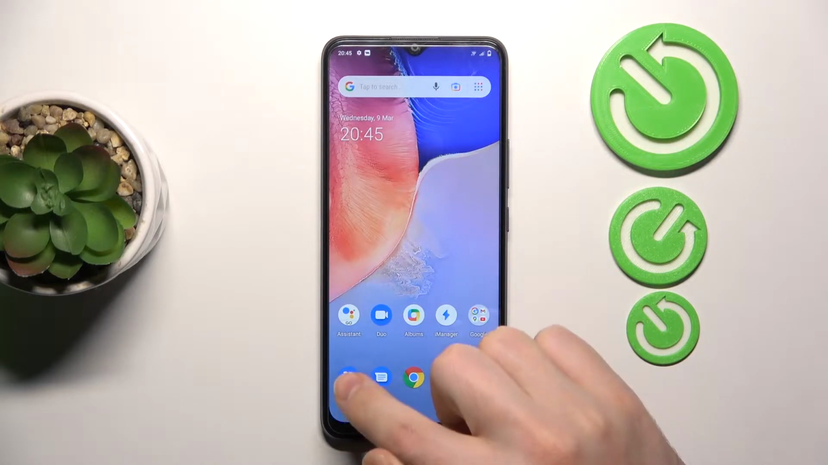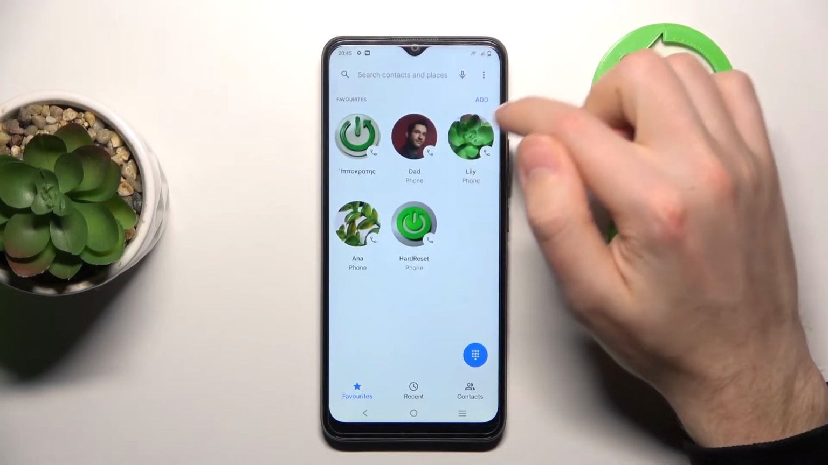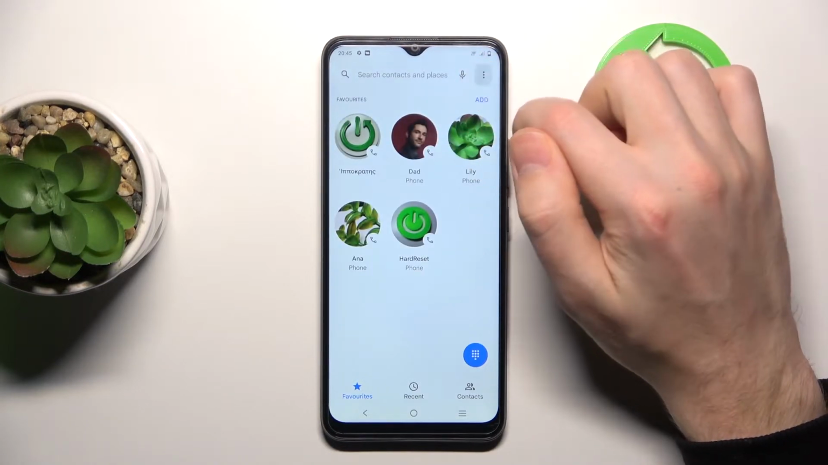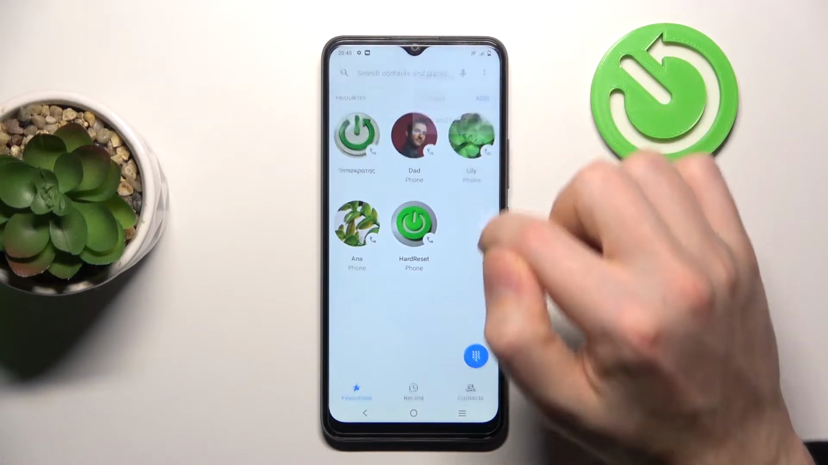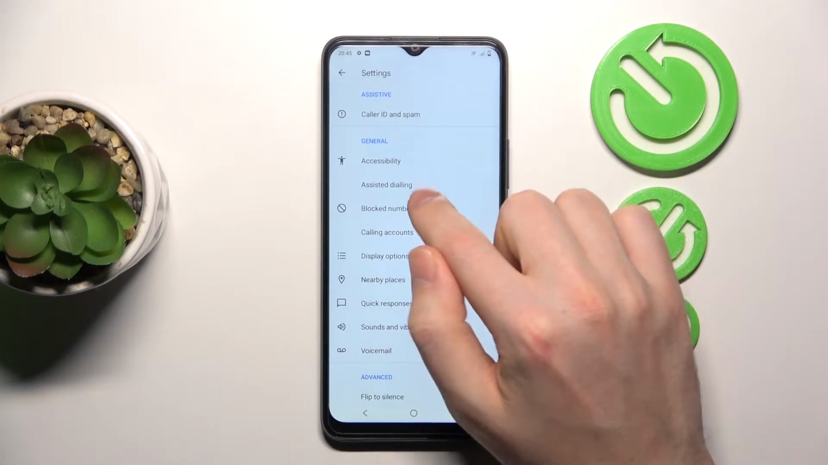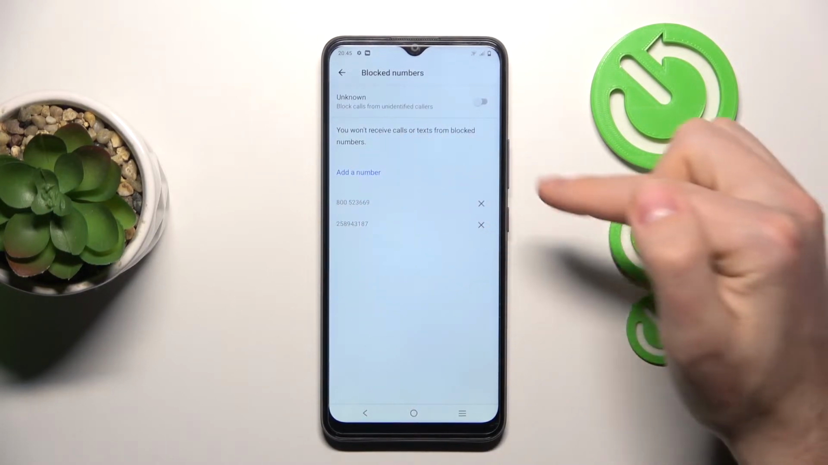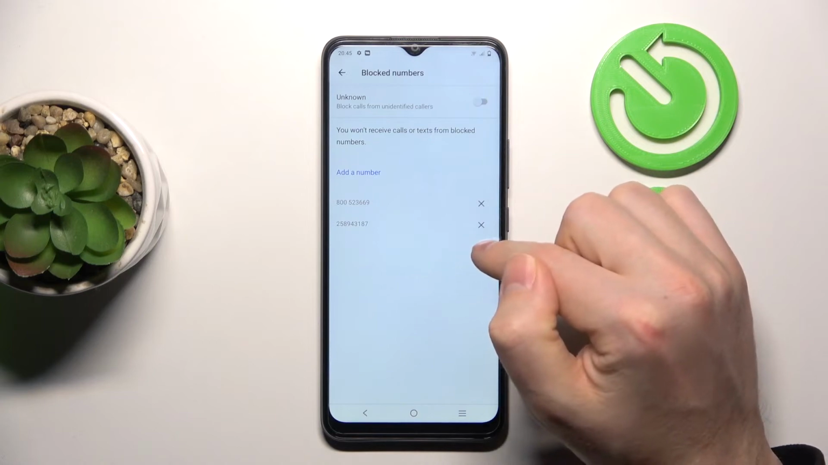First of all, open your phone application. Then in the top right corner we've got 3 dots, so click it and choose settings. Here go into block numbers, and now as you can see we've got 2 numbers here, so for unblocking these